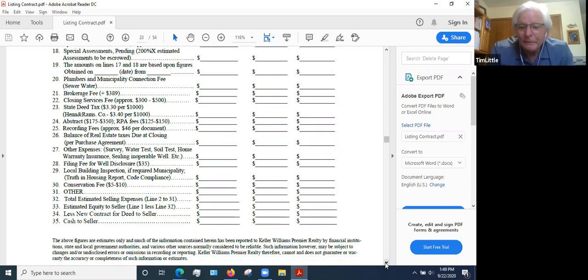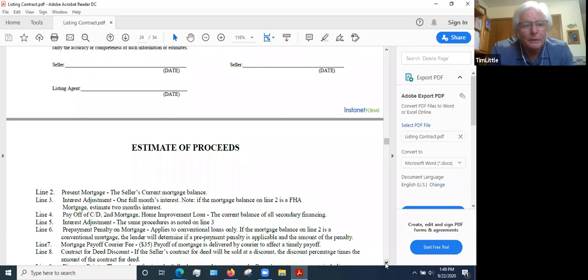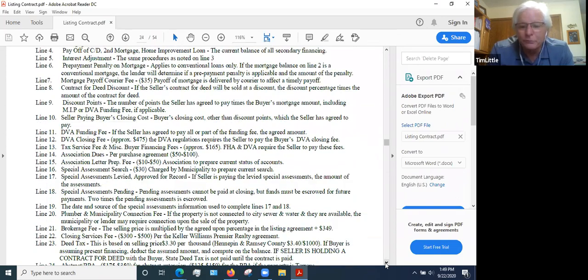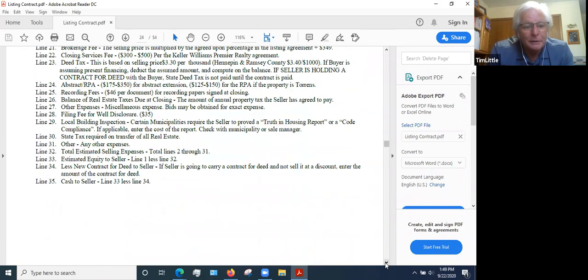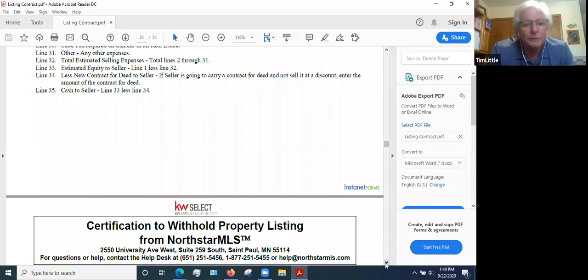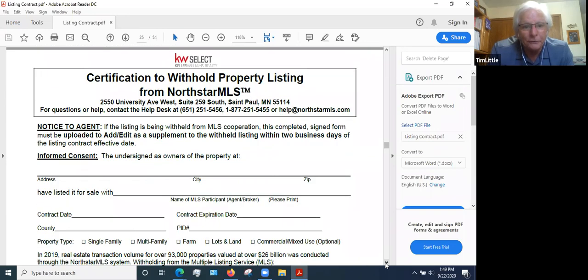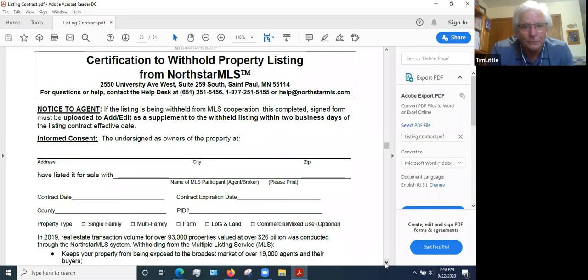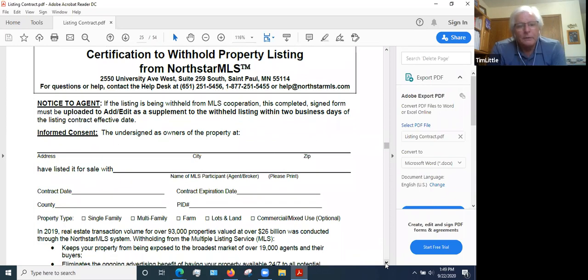Okay, now we'll scoot on from here then. And again, this is just a description for all the different things in there from the estimate of proceeds. And certificate to withhold property from listing from North Star MLS. So